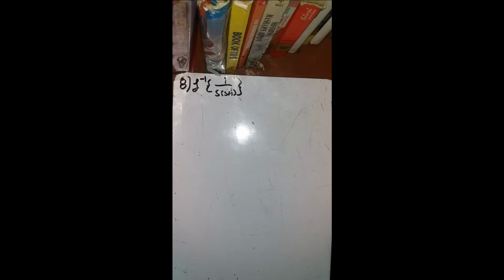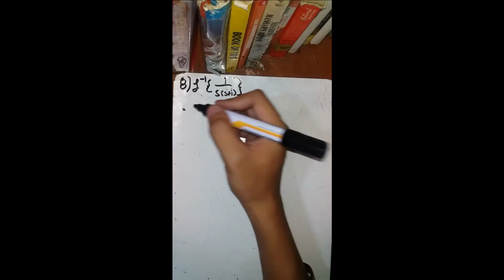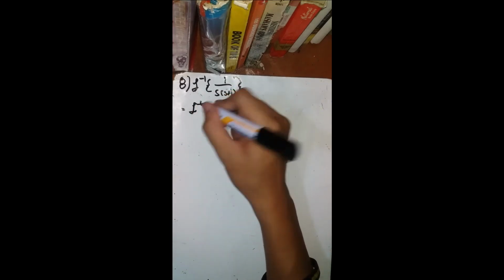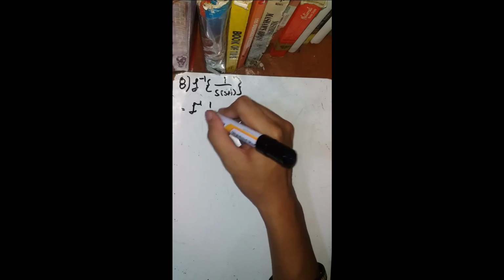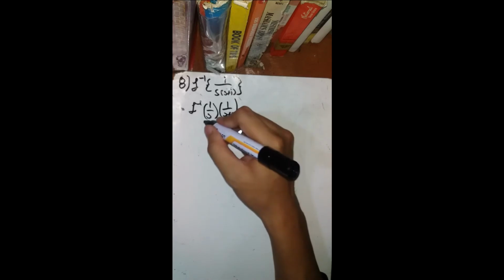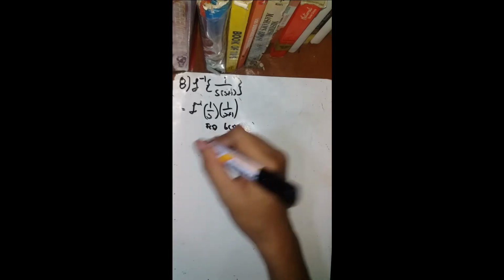So let's skip number 6, because number 6 we cannot Laplace transform it, because there is a big F of s. So this is our number 8. First we use the convolution method. So we have here the inverse Laplace of 1 over s plus 1. Okay, then we let this be F of s, and this one G of s,